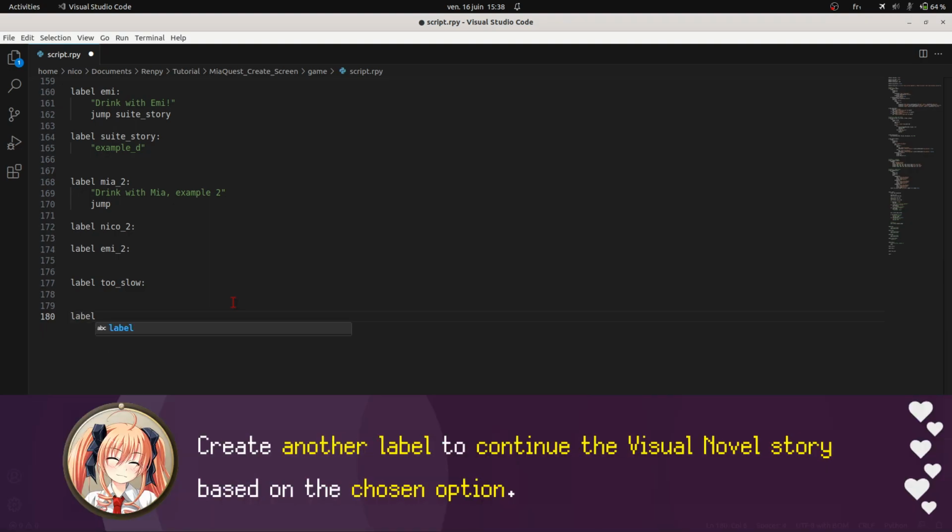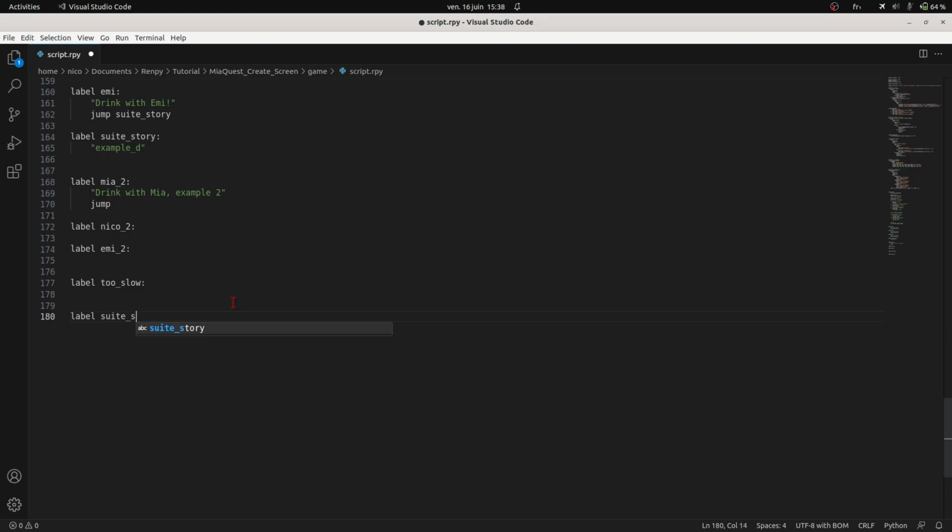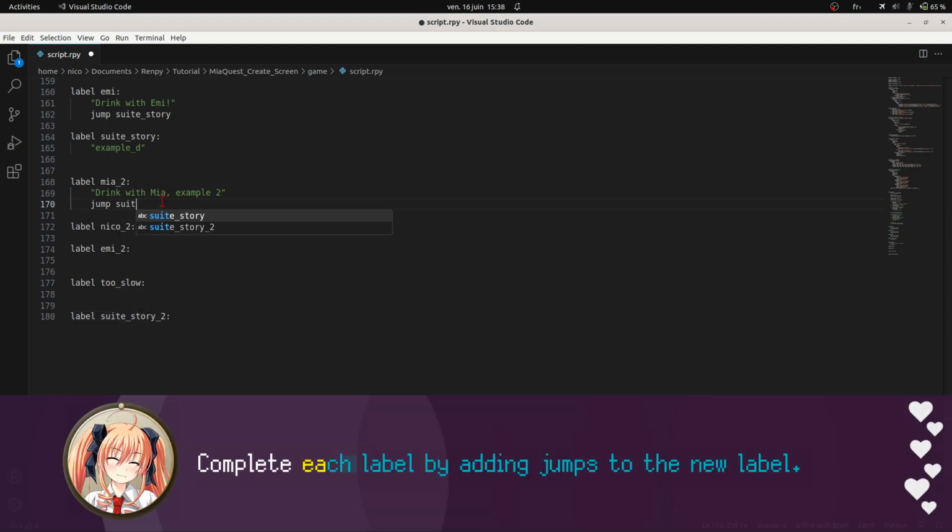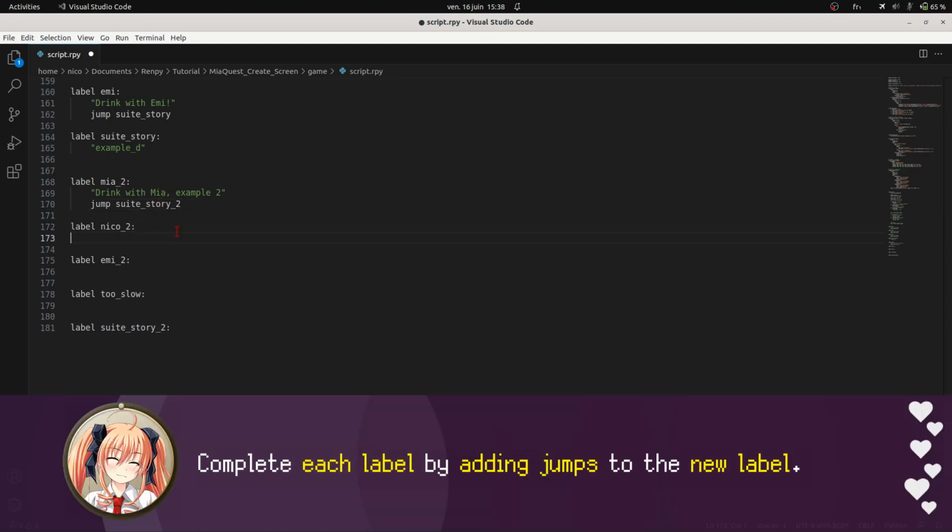Create another label to continue the visual novel story based on the chosen option. Complete each label by adding jumps to the new label.